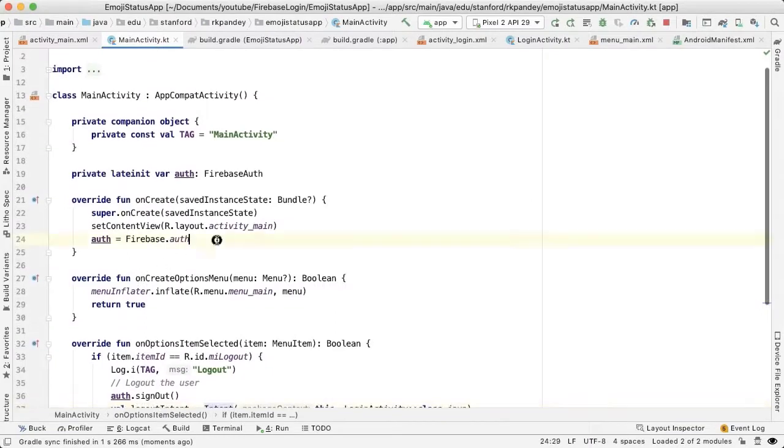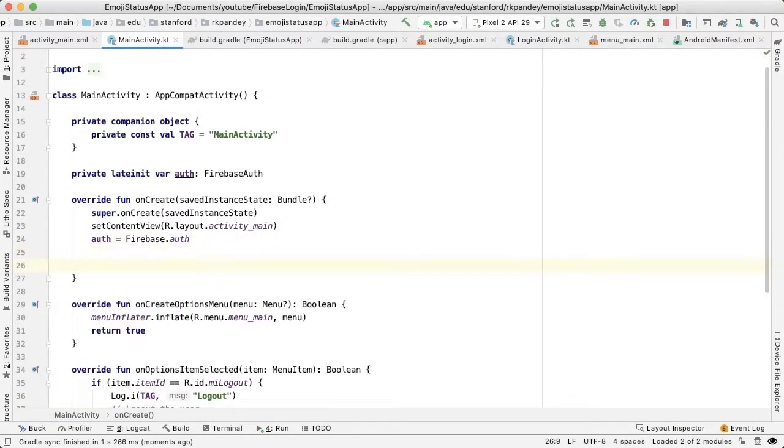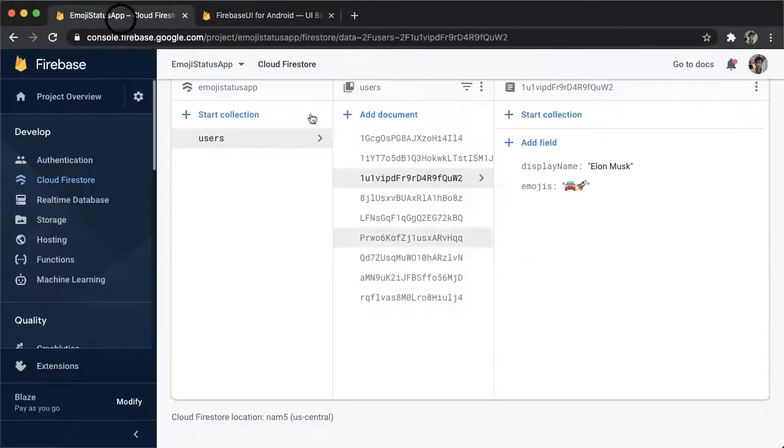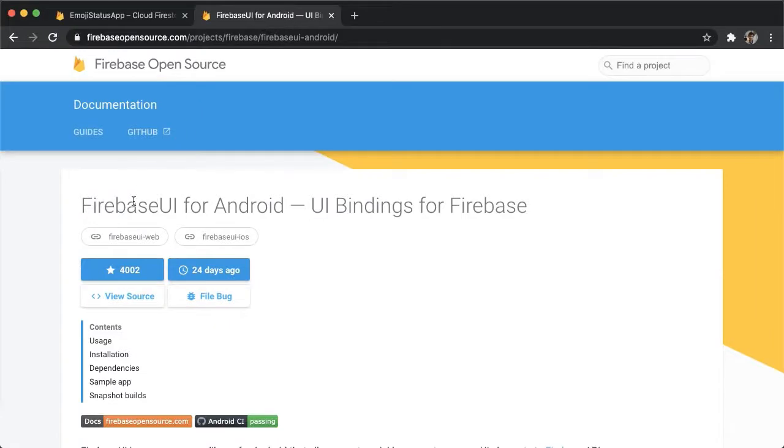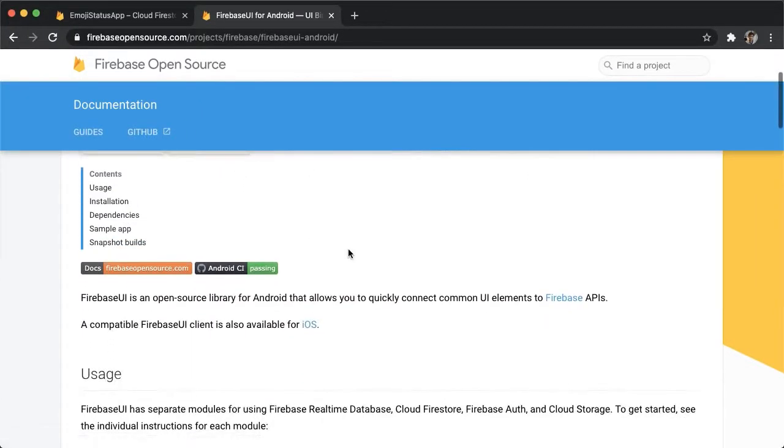And the idea here is we now want to set up the recycler view properly with an adapter and layout manager. So when your data is coming from Firestore, as it is in our app, then Firebase actually has a really nice library which makes it a little bit simpler to set up your recycler view. And this is the page I have open here. So if you Google for Firebase UI for Android, you should be able to find this page. And this is what we're going to use to